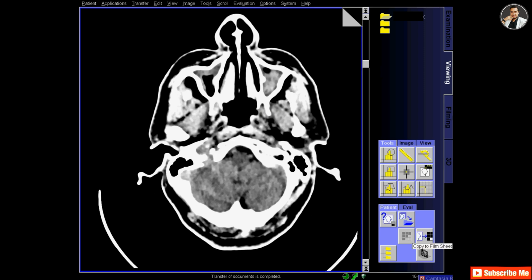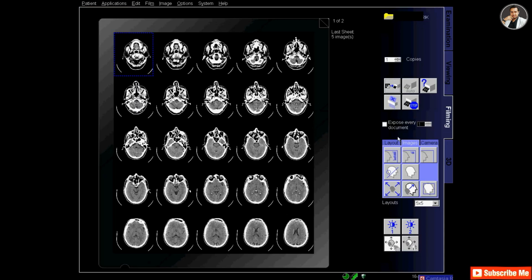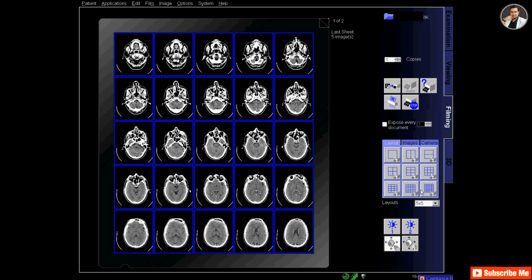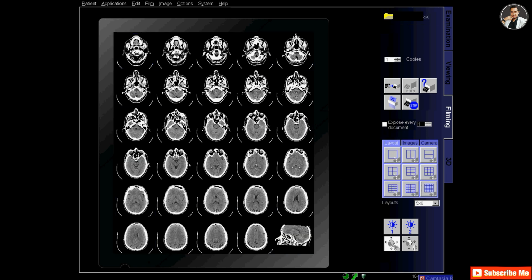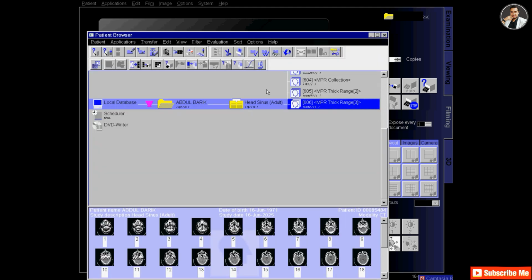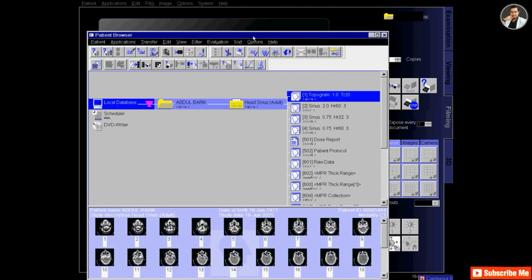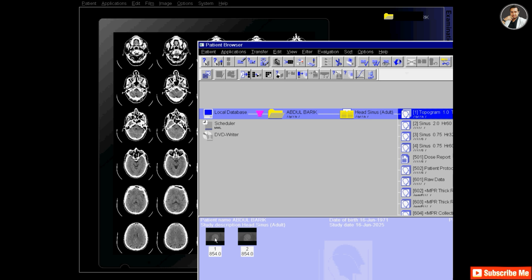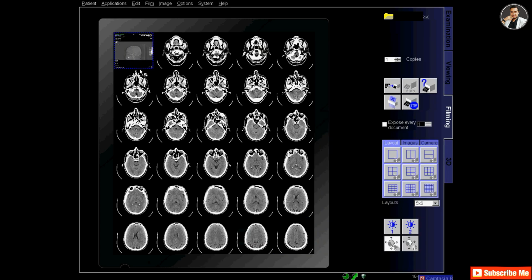So I will rotate the image to leftward by 2 or 3 degrees so that the image is straight enough. And now I will change the layout to 5:6, and also drag a reference image at the front of the film.